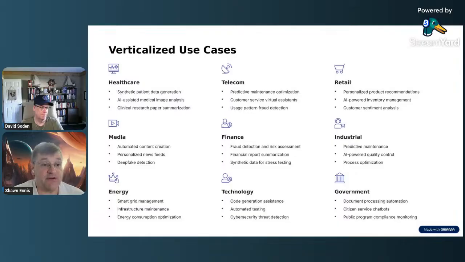Having a use case, a very common one, like creating PowerPoint, is very easy to succeed, but it isn't as impactful. So you've got to pick your battles when you're doing transformation. Now, one that I'd love to talk about is under retail, the AI-powered inventory management. Yes, that's exactly the one I was looking at too. There's so many ways to explore on that.